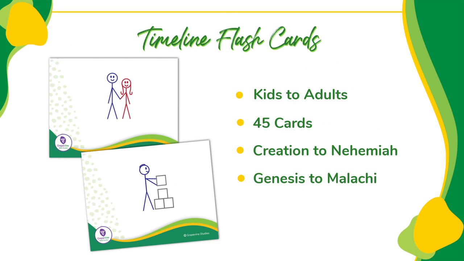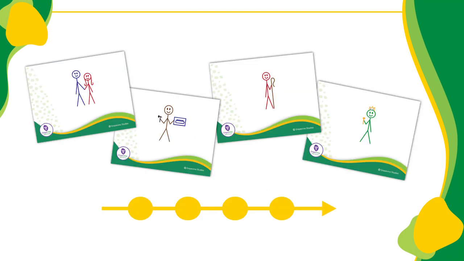With 45 cards, you can take your students chronologically from the story of creation in Genesis all the way through the last stories of the Old Testament, the rebuilding of the walls and gates of Jerusalem by Nehemiah. You will cover the major characters and events from Genesis to Malachi. You and your students will be able to see how all the characters and events of the Old Testament fit